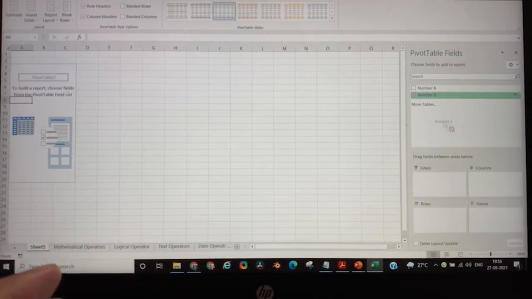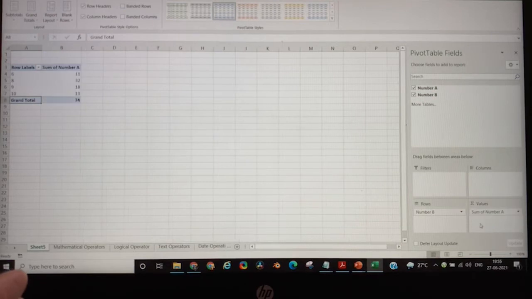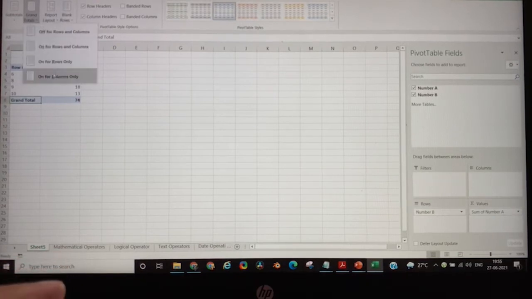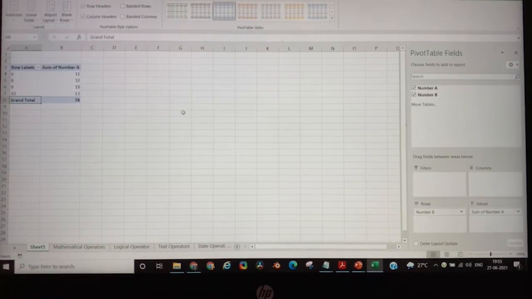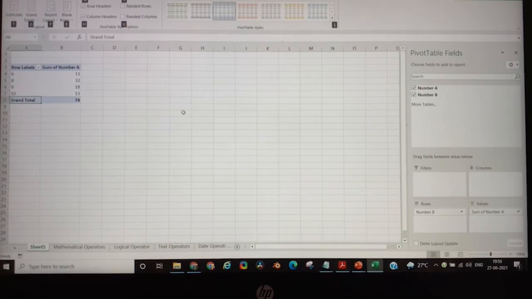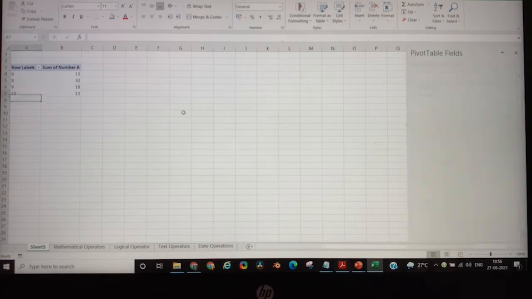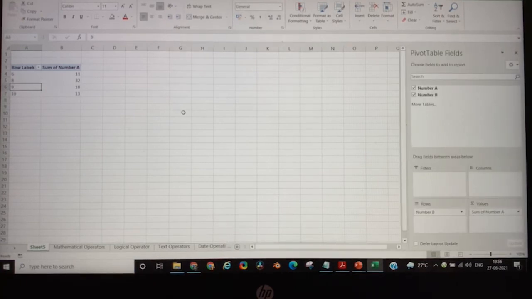Let me populate some data here for everyone. These are the total numbers of distinct numbers, and these are the summations against these numbers. Let's say I don't want to display this grand total. There is a quick way to do it. I can go into design, go into grand totals, and click off for rows and columns. But if you want to do it by keyboard, press Alt, then press JY. I'm just following the letters that are coming at the top. Then under grand totals it is G, then for off it is F, and my grand totals are off. So that's the only way you can operate pivots with the keyboard. There is no other way.